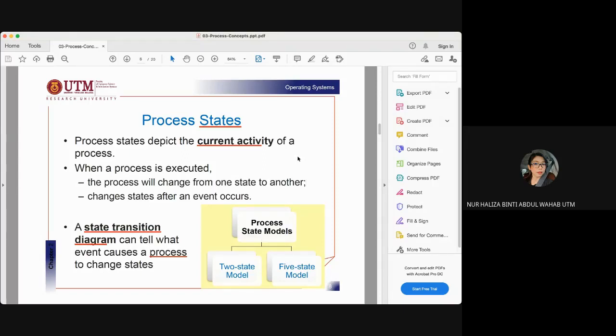Let's say the first process is... wait. I want to share my screen instead of a window, because when I open another application, you're not going to see. Okay,